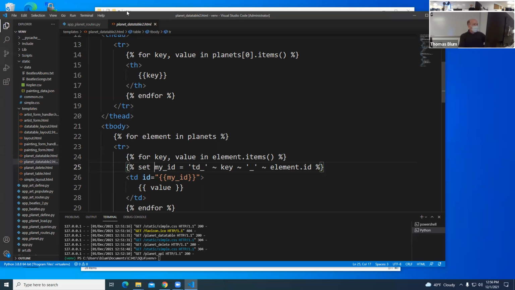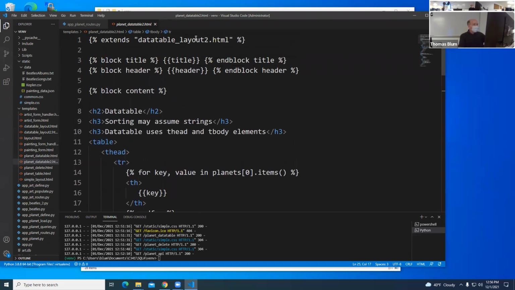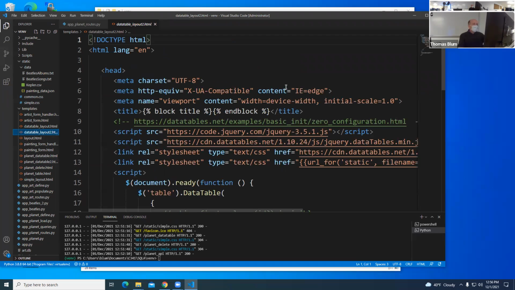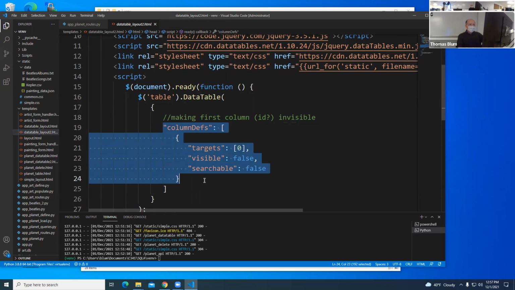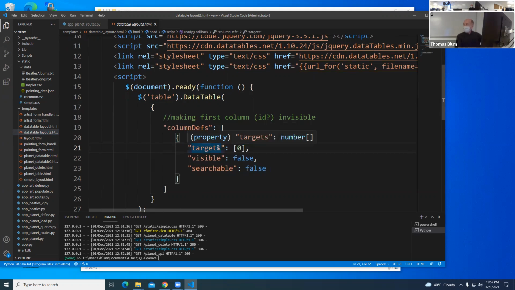And what else do I want to show you? This has a slightly different layout. It's a data table layout 2. Instead of just saying that the table gets the data table functionality, I put in some jQuery code here that says, take the first column, which is for the ID, and it's not visible or searchable.